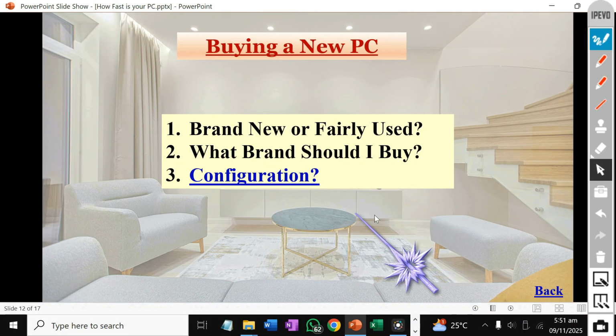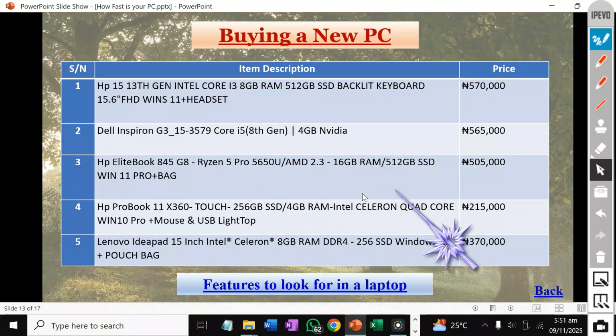Most of the laptops that I've come across are good, so you can buy any brand you like. One factor you should consider as well is the availability of the parts. You should get a laptop such that if any of the components gets faulty, you can easily get the spare parts. Then number three, the configuration. This configuration, we've talked about it before. You want to buy a laptop. You can see this HP. This is the name. You can see that HP 15,